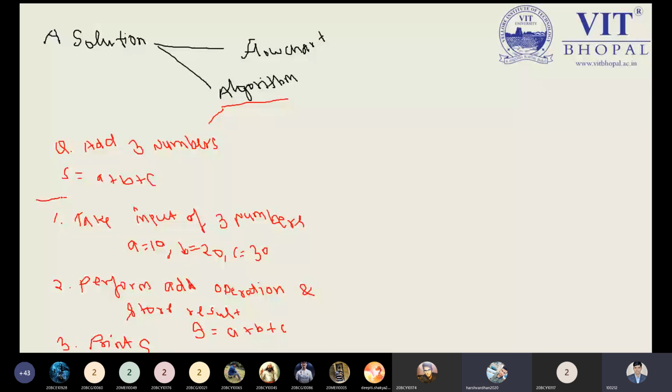Sir, I have a doubt. Yes, as you said, we can shorten this algorithm in two steps. Am I audible? Yes, it's audible, please continue. But sir, when we make the flowchart for this algorithm...